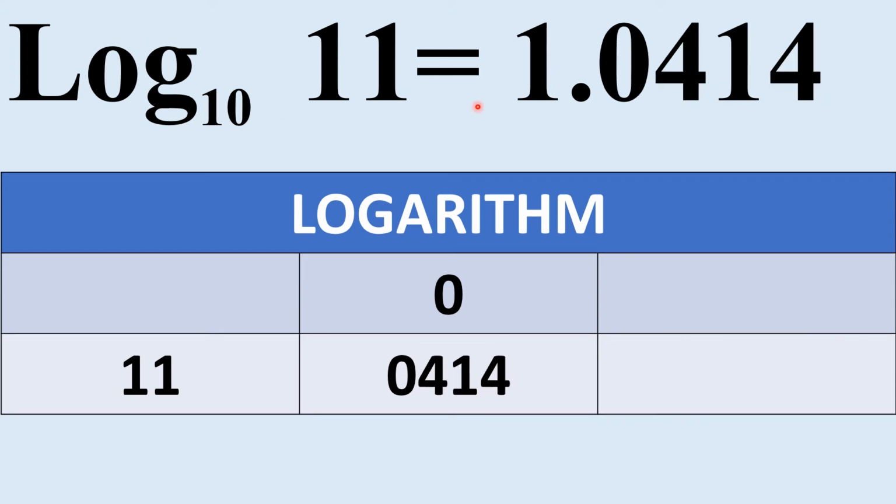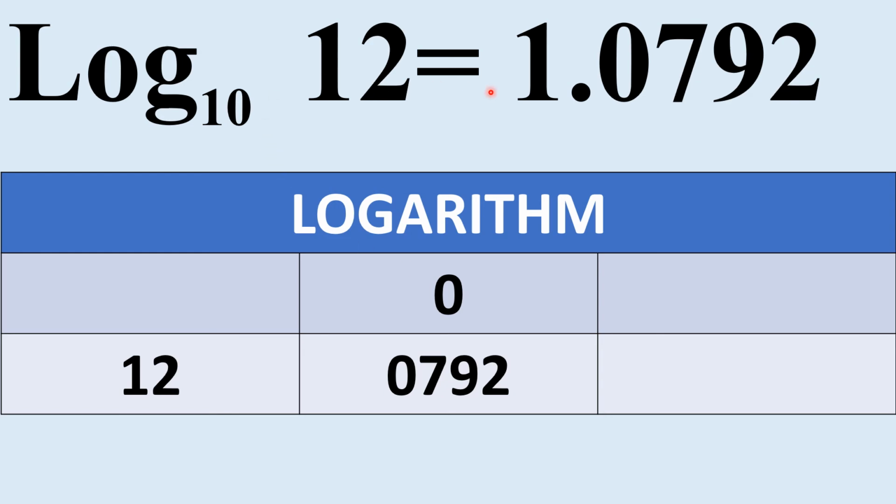Value of log 11 is 1.0414. Before the decimal in 11, 2 digits are there. From that 2 you subtract 1. Thus 1 is the characteristic. To find out the mantissa, in front of 11 under the column 0, in the logbook you have 0414. So this 0 has to be considered, and this 0414 you have to write after the decimal. So 0414 is the mantissa, 1 is the characteristic. Thus value of log 11 is 1.0414.